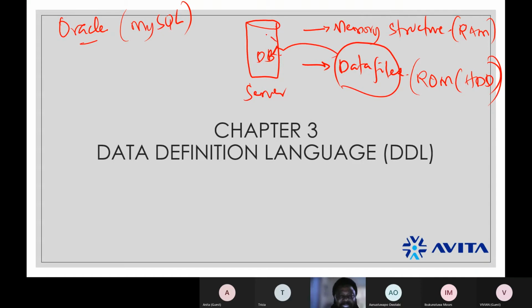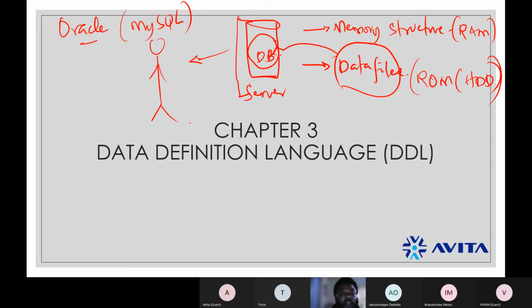The database is kept inside the server. I need you to understand that. Now, your memory structure is very important. Think about this server as a human being. Truth be told, it is actually like a human being because it does everything that a human being does.